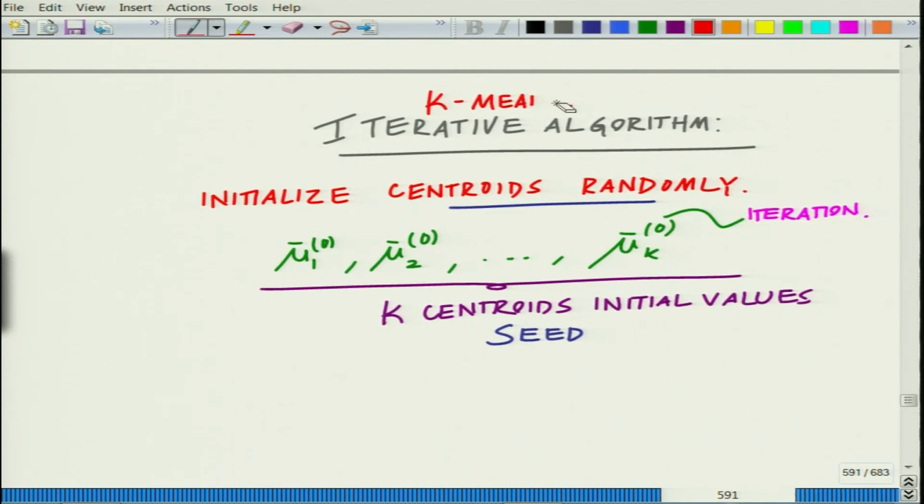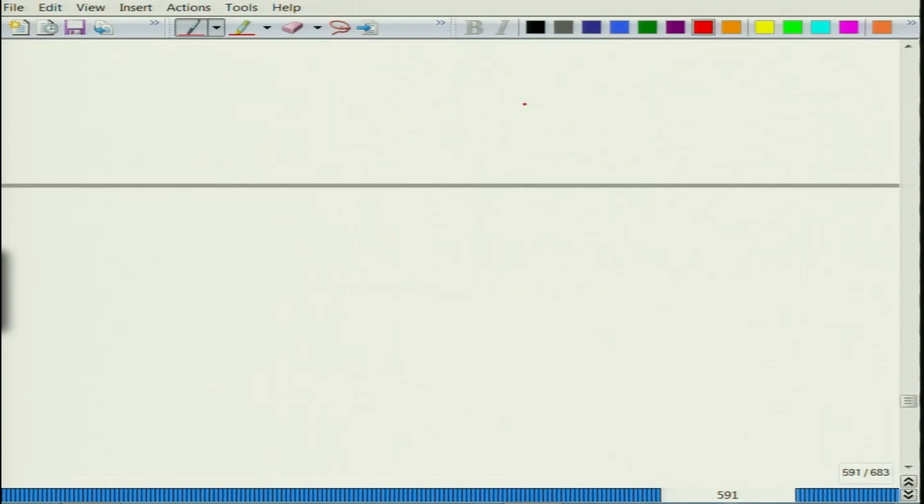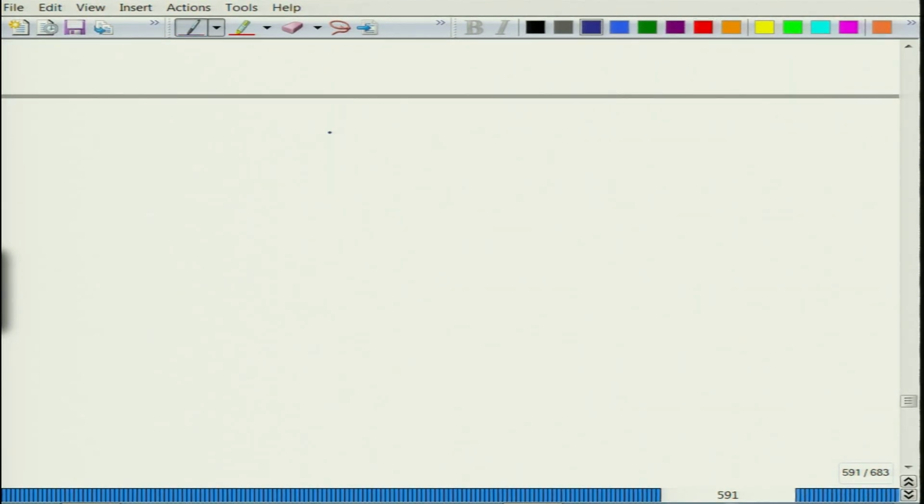This is the k means algorithm, which is an iterative algorithm for clustering. Now, let us look at what are the iterations. Now, iteration 1. What happens in iteration 1? Now, what we would like to do is, given